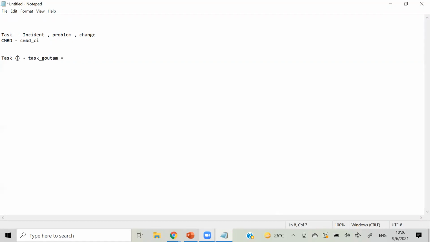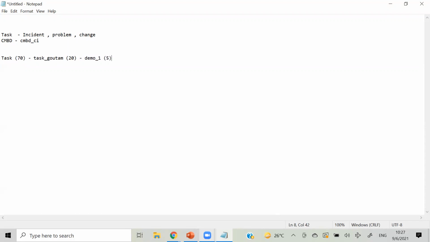Then I create Gautam as a table and extend the task table. For example, I have created 20 fields on this task_Gautam table. Then I will create one more table, demo_one, and I create 5 fields here.